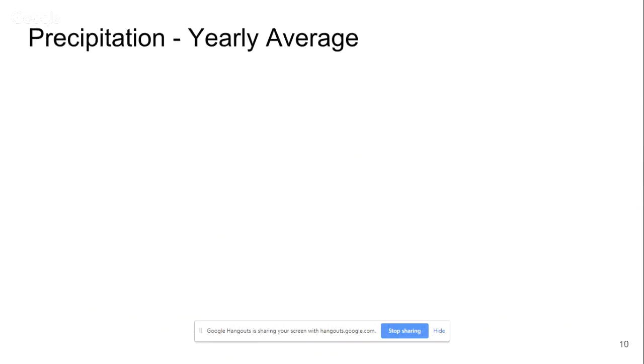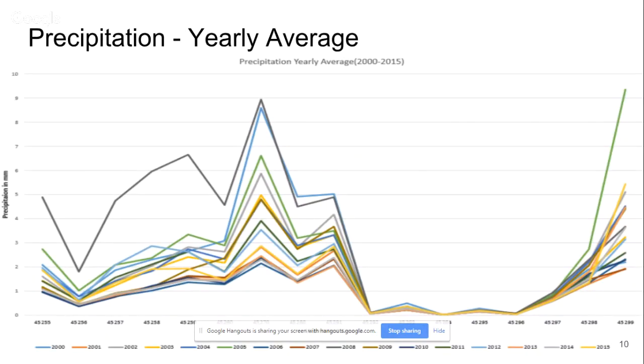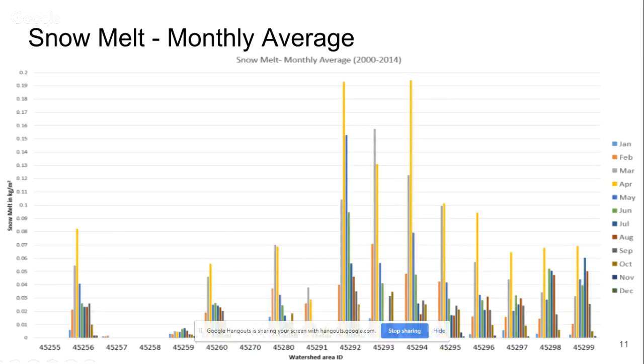in millimeters. Now this is what we have taken from Google Earth Engine, the CHIRPS dataset, which tells us the precipitation, and this study is done across all the 17 watershed areas for 15 years. So this clearly tells us the areas lying in Assam receive the most precipitation as compared to any other area other than Tibet. Then we have the snowmelt study, wherein this study is also done for all